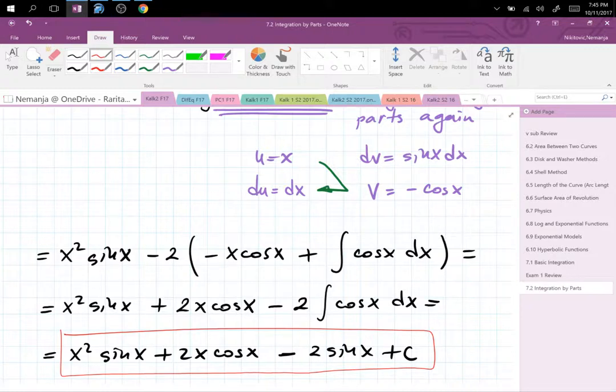If the problem said x to the 4th e to the x, how many integration by parts? 4. First integration by parts is going to put x to the 4th down to x cubed. And then the next one to x squared, the next one to x, and the following one kills the x. So if the problem starts as x to the 4th, you have to do 4 integration by parts. If the problem is x squared or something, then you do